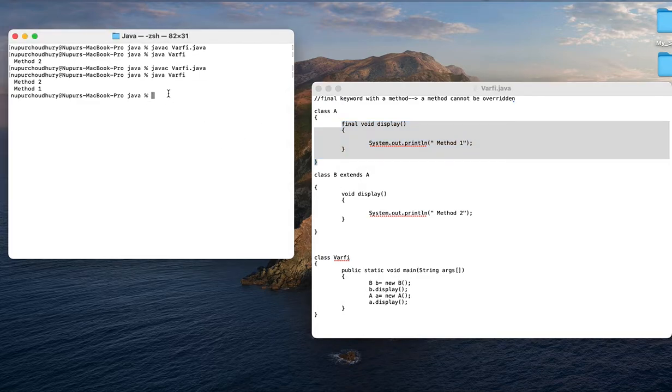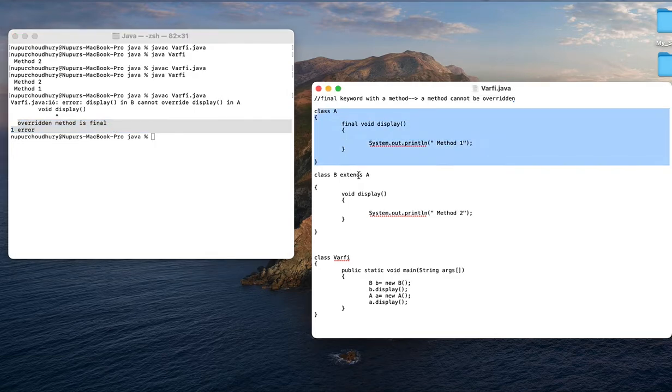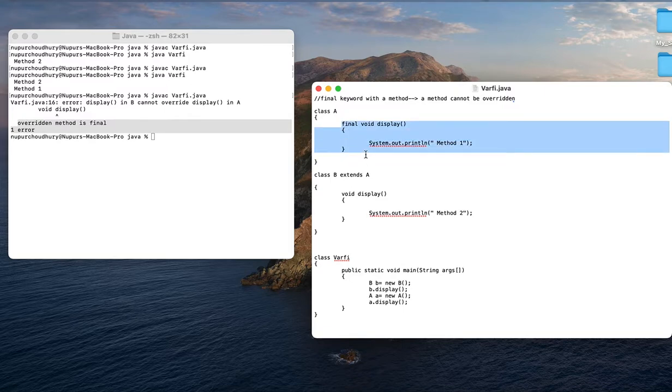So here when I'm doing this, it should give me a compile time error saying that the overridden method is final. That means this particular method which I'm trying to override within the class A is basically a final method, and the other method will not be able to override this particular method.